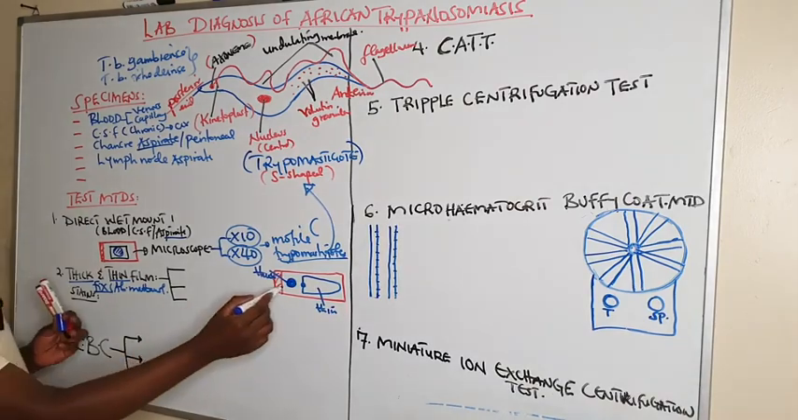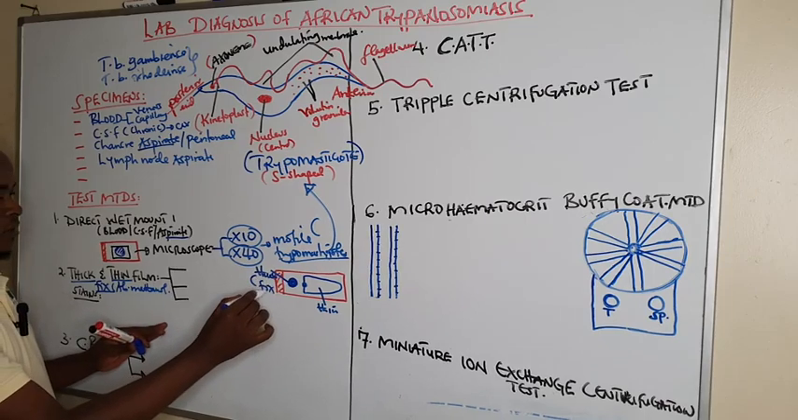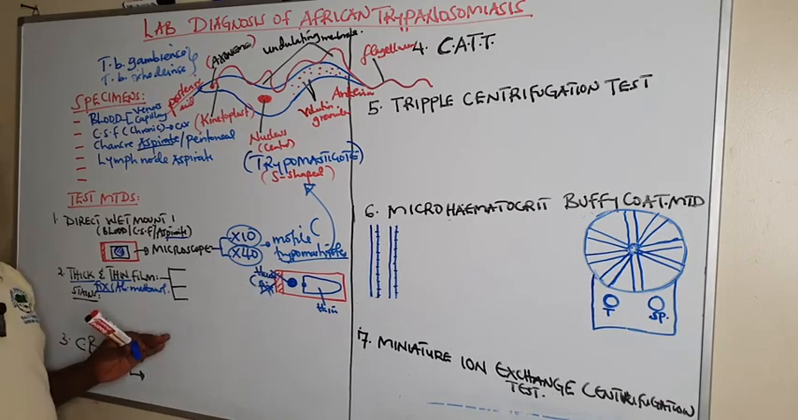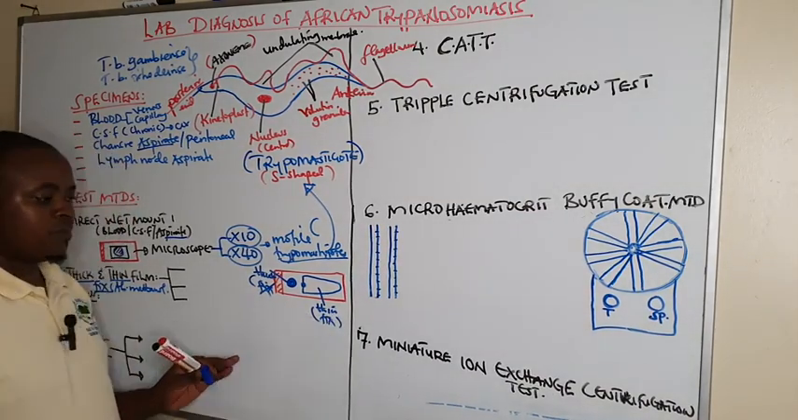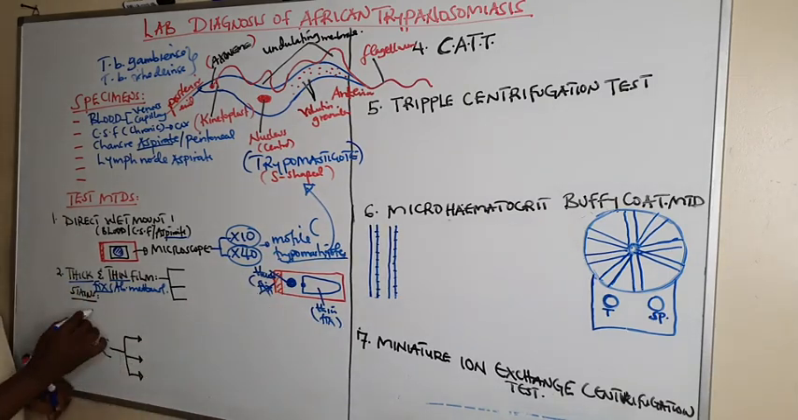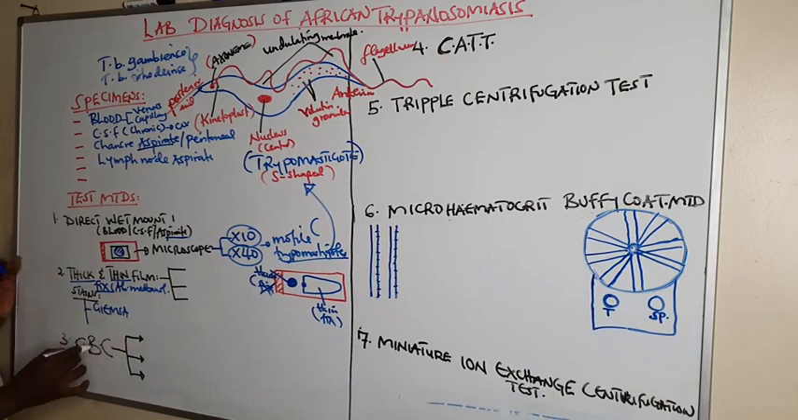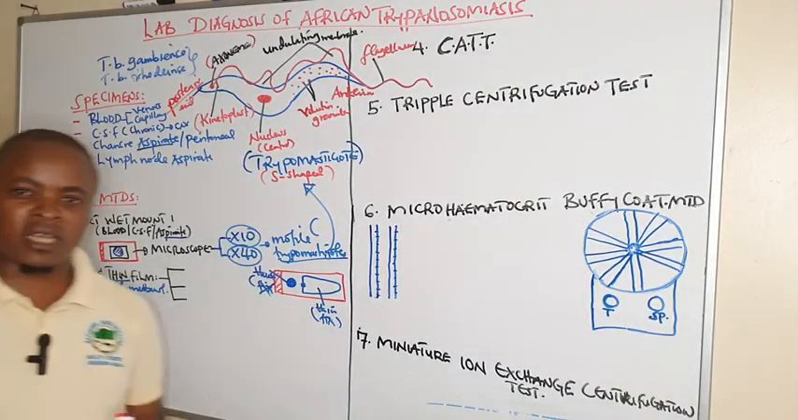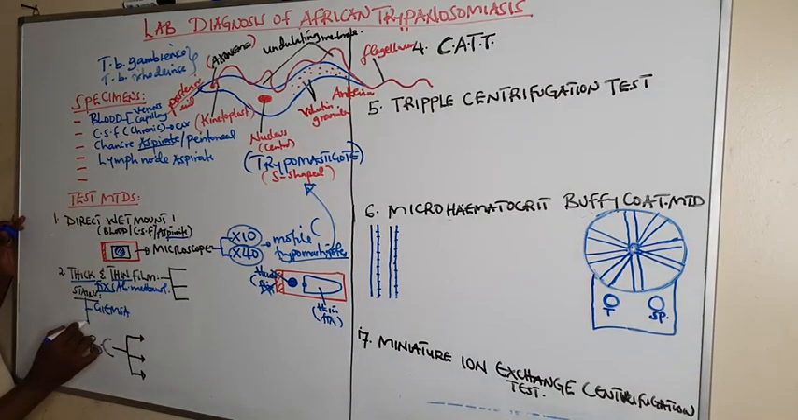For the thick, we do not fix. So don't fix a thick. We only fix the thin film. After fixing, we stain using Giemsa stain. Giemsa is the most preferred Romanowsky stain for demonstrating trypanosomes. But if you don't have Giemsa, we can use Field stain,